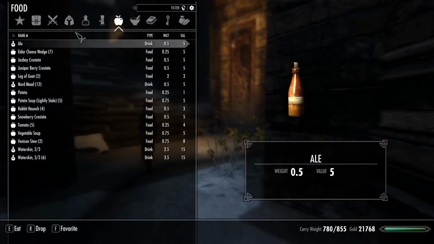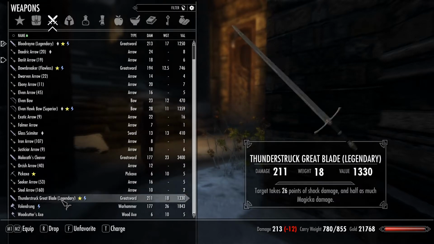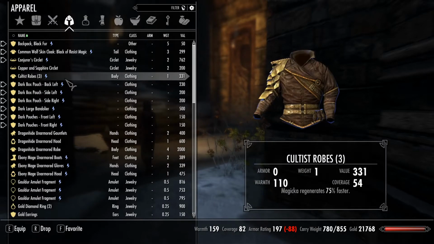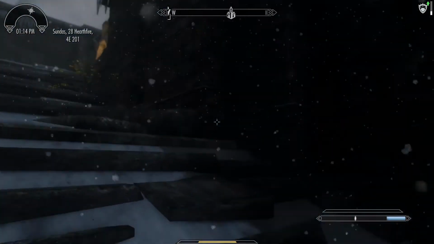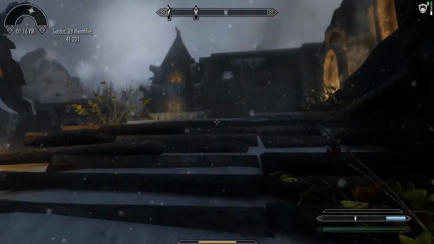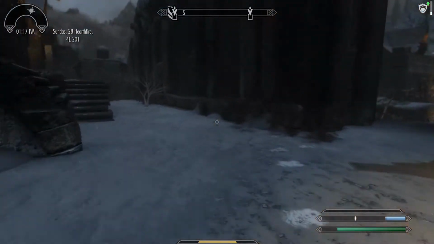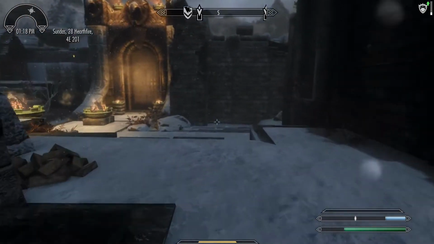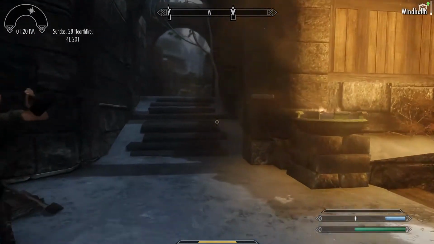What's my weight? 780. I'm really heavy. Goodness, I need to go in and see. There's a bunch of others. Volendrum is just carrying around extra stuff. Cultist robes, ebony mage, yeah. Let's go see if at 1:13 in the afternoon someone finally feels like trading with me. Because that would be swell. I don't even want to start Blood on the Ice. I certainly need to do it before the Civil War erupts, but...